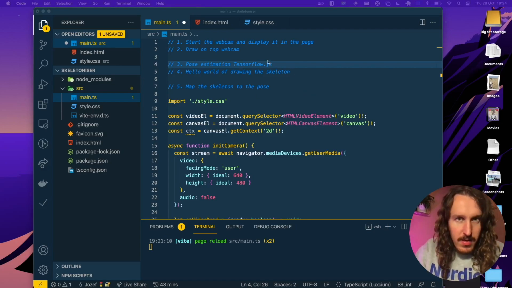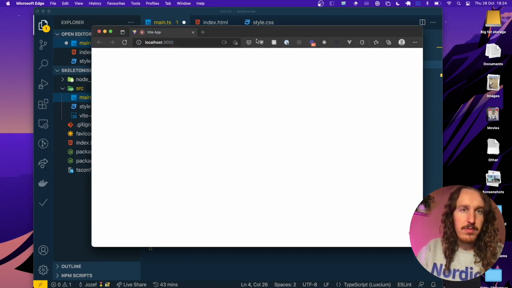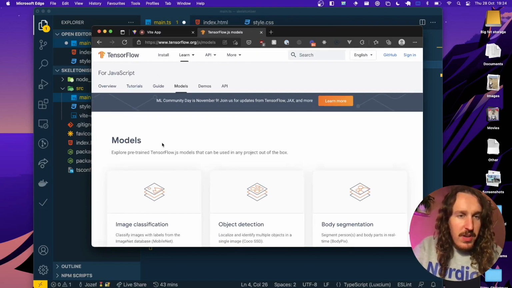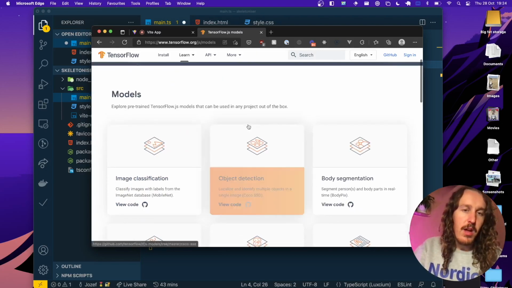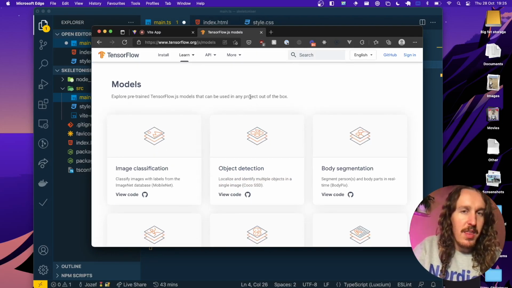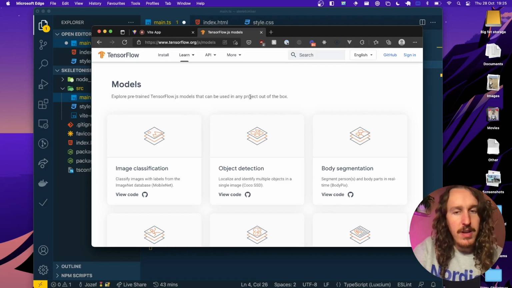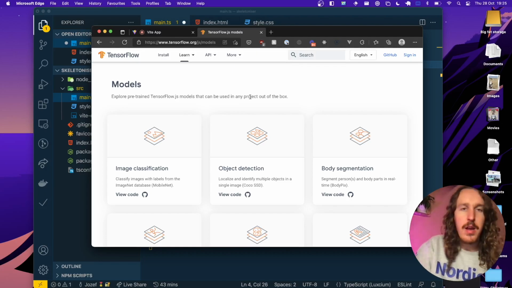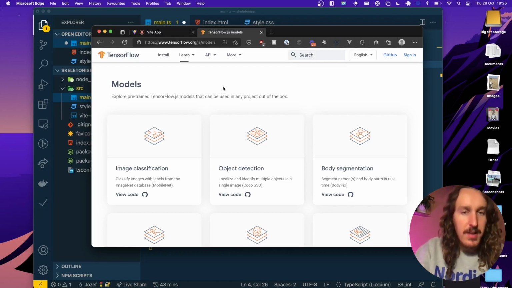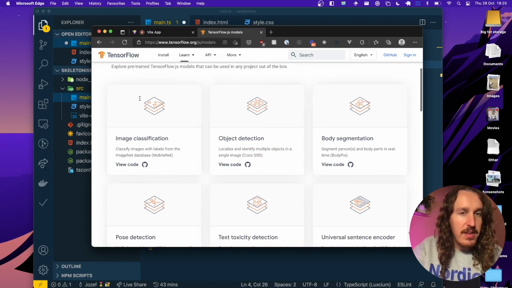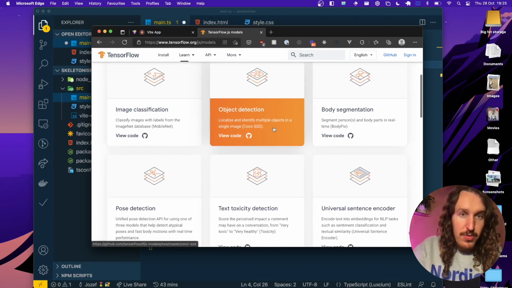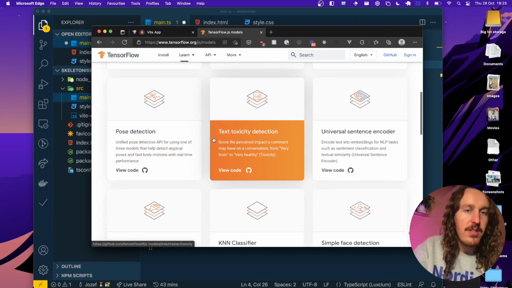Before we get into it, in case you don't know, let me just show you the TensorFlow.js website. TensorFlow.js basically allows you to run these machine learning models directly in the browser, which I think is amazing because as a front-end developer, you might think that machine learning and AI is a bit out of reach. You need to be this crazy machine learning developer who knows lots of back-end code and Python and is a big data wrangler. But really, TensorFlow.js makes it incredibly accessible because they've built all of these pre-made models that you can just import and use,